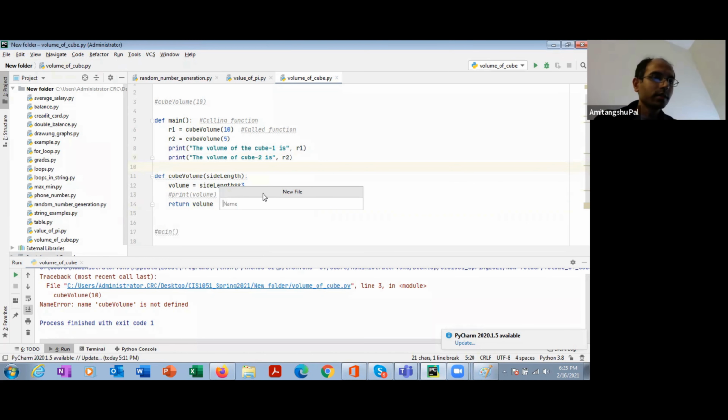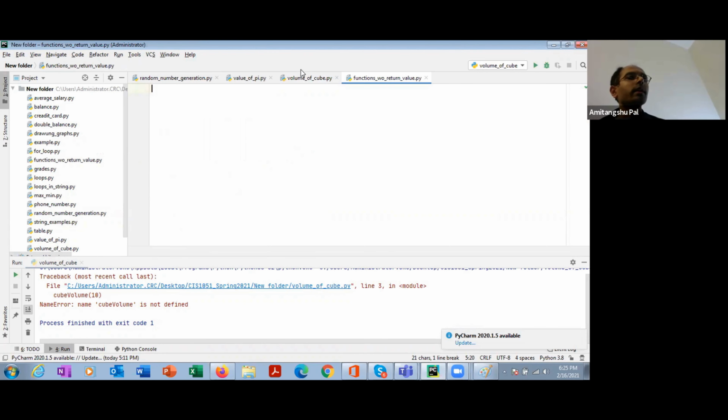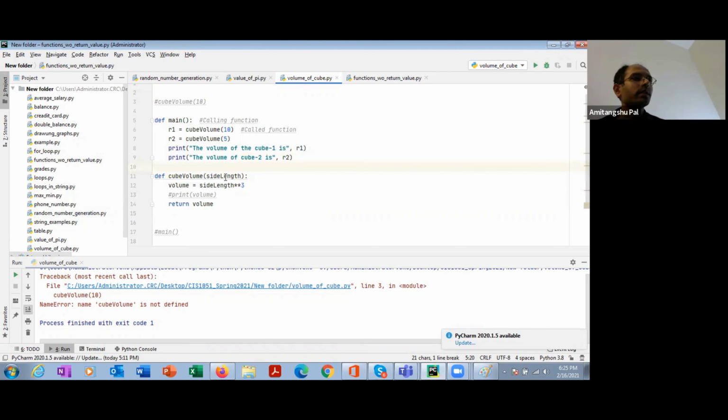Function without return. Here it is taking some value, the side length, and then returning a value. The main function is not taking anything, and it is also not returning anything.